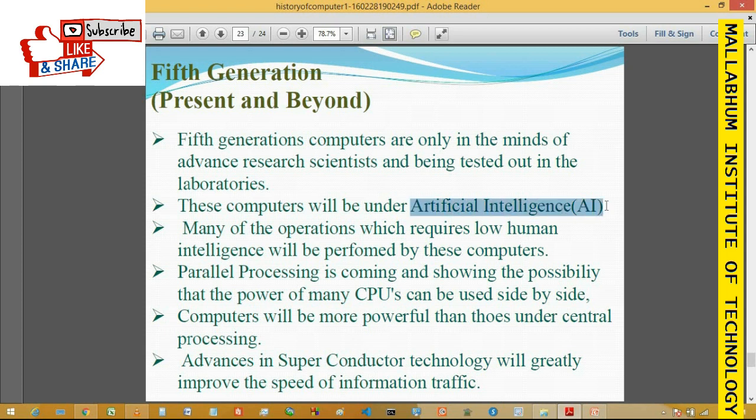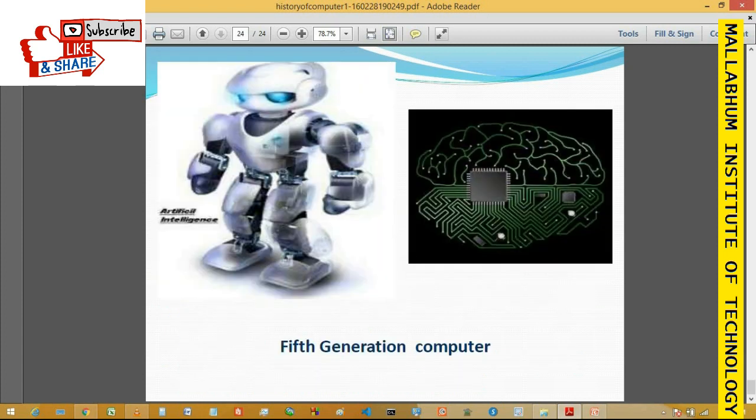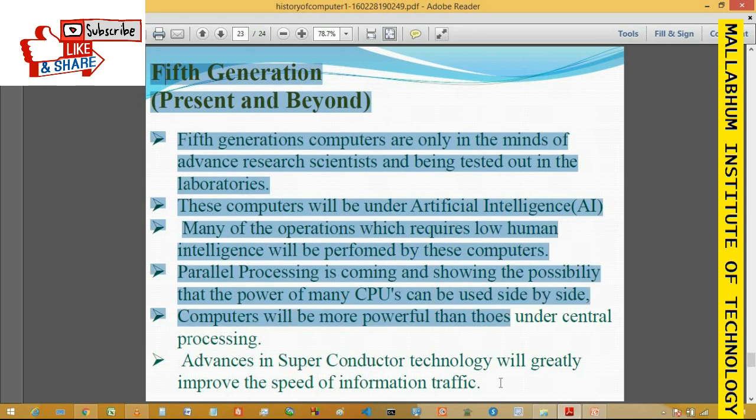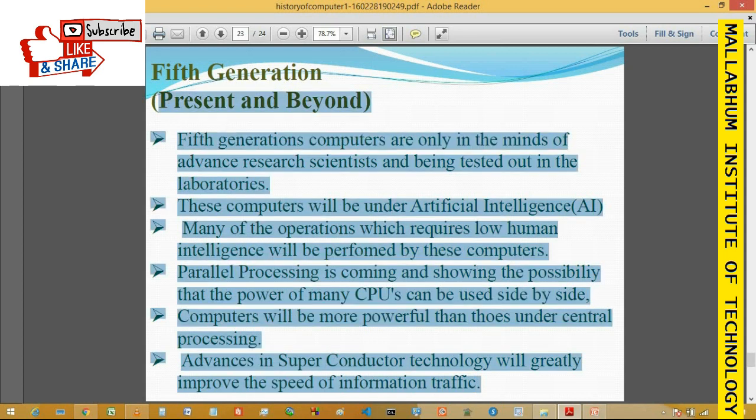Now in the artificial intelligence era, parallel processing is the main advantage of this generation of computer. And you can see this is a robot, some type of robot. This is also a computer performing different types of tasks at the same time with the help of different written instructions. So this is the age of artificial intelligence and the modern computer. This is the fifth generation, defined by ULSI technology, ultra large scale integration technology, and supercomputers also fall into this category. So that is all about the generations and history of the computer and the definition of computer architecture. I have already said that.